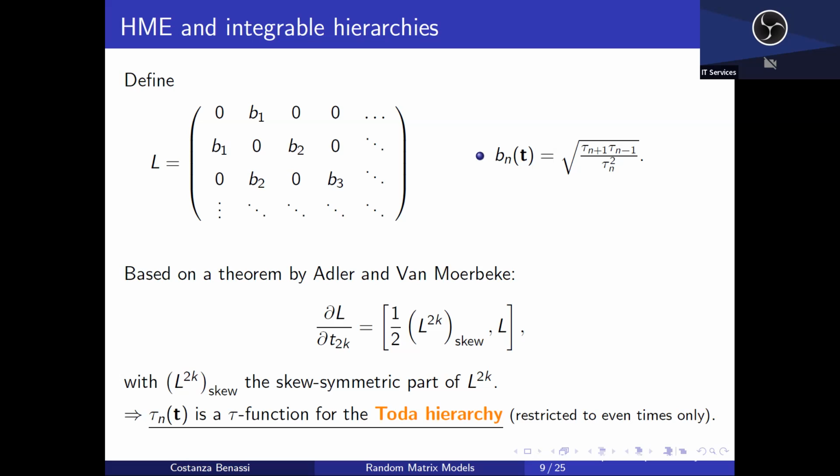So at the end of the day, tau n is a tau function for the Toda hierarchy. So that's why I called it tau. It was not just randomly chosen. So what does this mean for our b's? At the end of the day, I'm interested in our b because these b's are the ones that have to do with our partition functions, which is what I'm interested in, right?